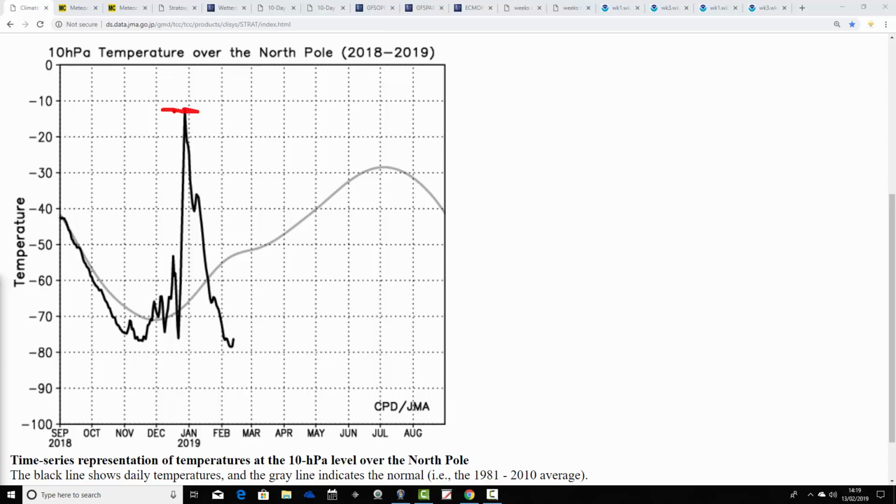The response to this one wasn't anywhere near as dramatic, but I think we did get a partial response within the troposphere. But probably not as much of a response as you might have thought, given that we did have a very dramatic increase in temperature in the stratosphere at 10 HPA at the end of December. We also managed to reverse the zonal winds at both 10 and 30 HPA. So the sudden stratospheric warming did pretty much everything that you want out of a sudden stratospheric warming. The only thing that was missing was the real tropospheric response from a northern blocking point of